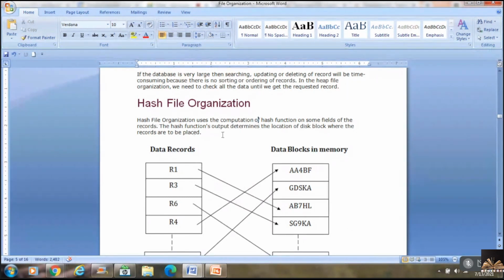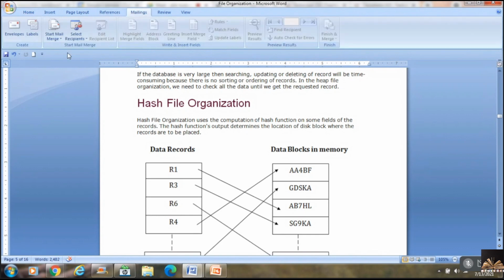Now, a hash function on some fields of the records. The hash function's output determines the location of the block. That is what I've told you. So based on the hash function generated, you locate in the memory a place wherein you can store the record.